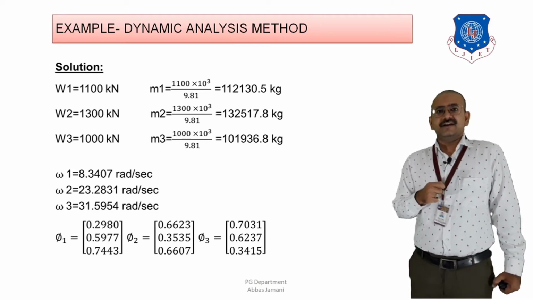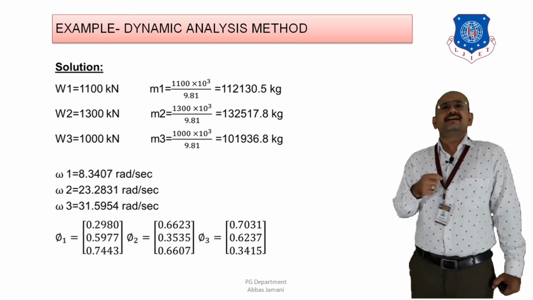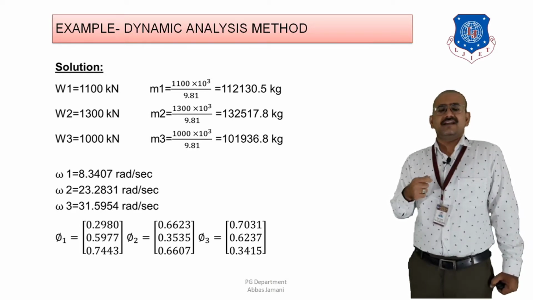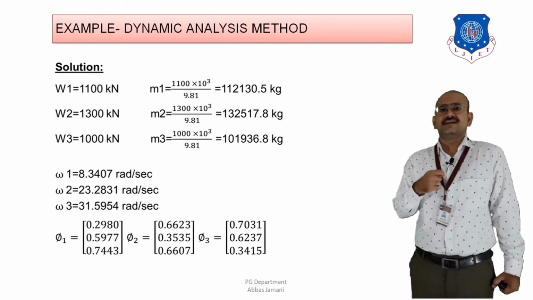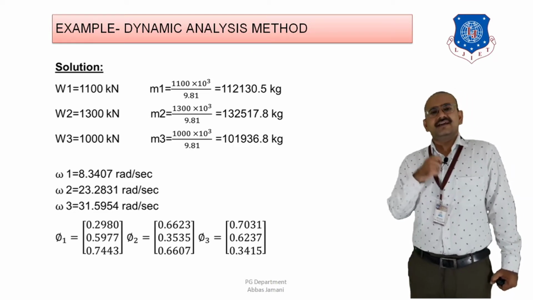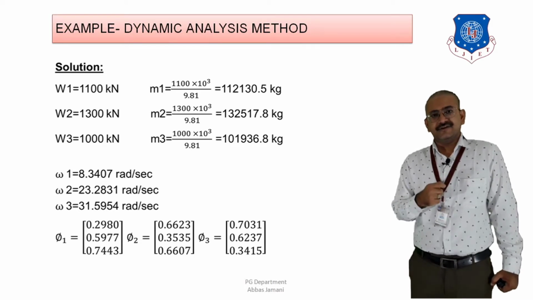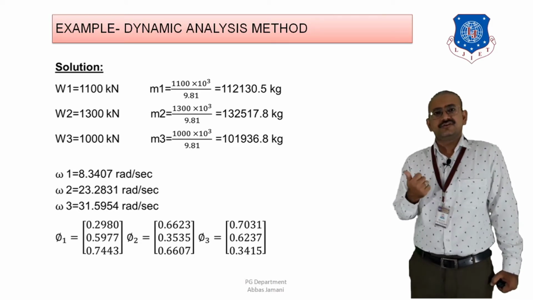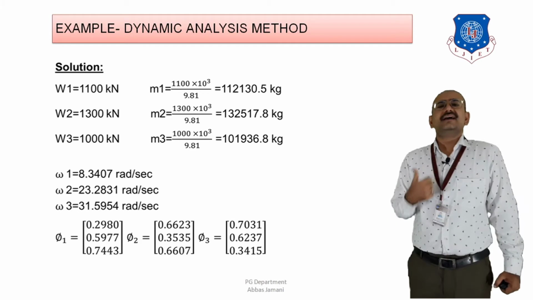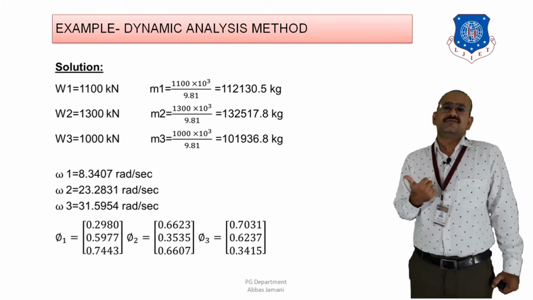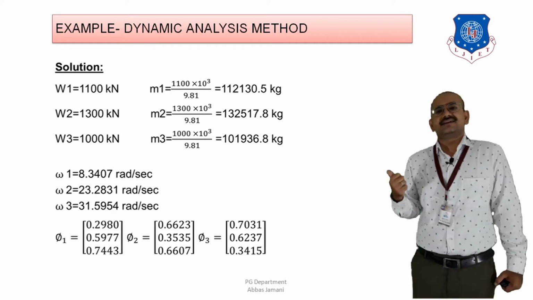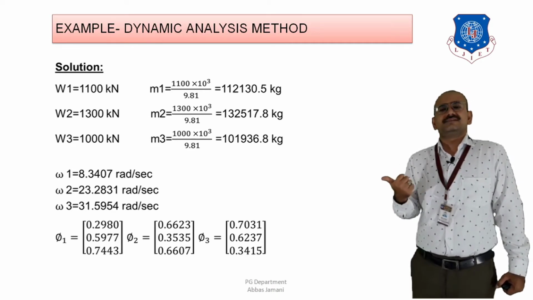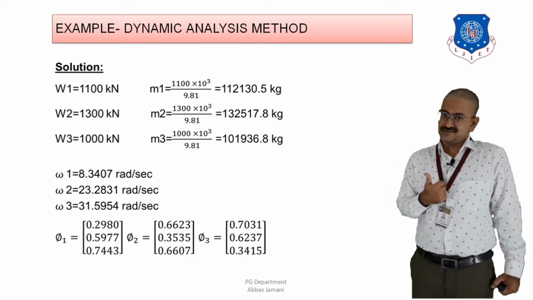Why 1 degree of freedom? Because if you consider multiple degrees of freedom, then the calculation becomes a lot more complex. So in order to avoid the complexity, we consider only 1 degree of freedom, which is the lateral displacement allowed at each floor in the direction in which the earthquake force is applied, right? As a result, if your calculation is in the x direction, then the lateral displacement will be allowed in the x direction, right?